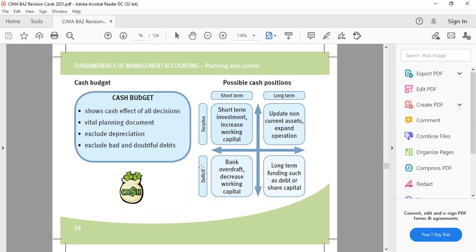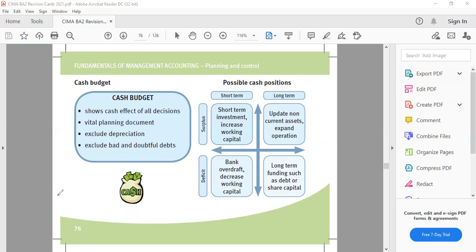When the receipts are more than the payments, it is a surplus situation. When the payments are more than the receipts, it is a deficit scenario. So if there is a surplus in the short run,